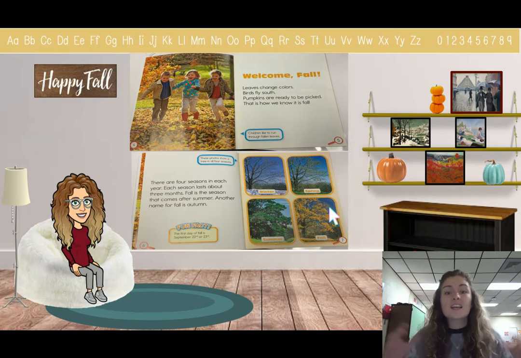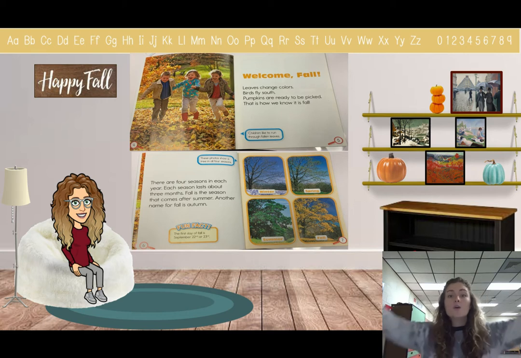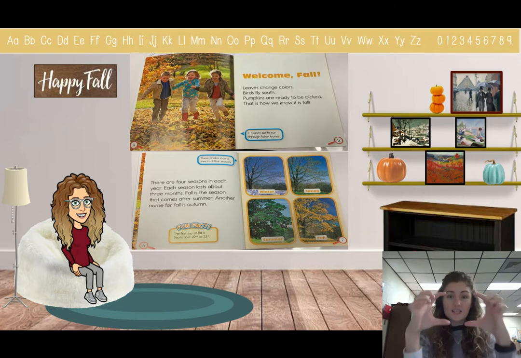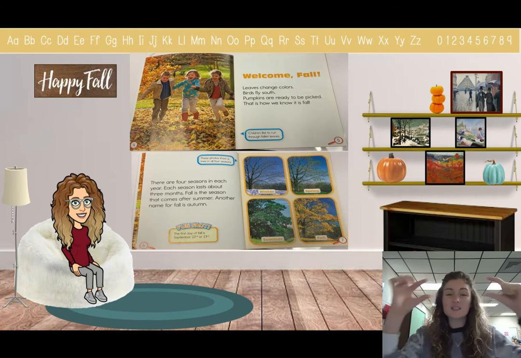All right, here is what we are going to do right now. We are going to read this book again, and we're going to pause every once in a while, because what we are trying to figure out is what is going on in the book. So we have talked about how we can have juicy chunks of writing that are all about a topic, but we need that topic statement.